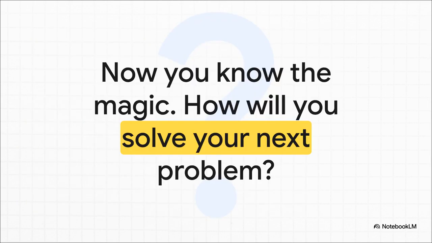So there you have it. We've seen that every recursive function has to have a base case and a recursive case. We pulled back the curtain on the call stack, the magic that makes it all work, and we've seen how it can offer these incredibly elegant solutions to really tough problems. Recursion isn't just a coding trick, it's a whole new way of thinking about problems. So now that the magic is gone and you see how it really works, how are you going to use it to solve your next big problem?